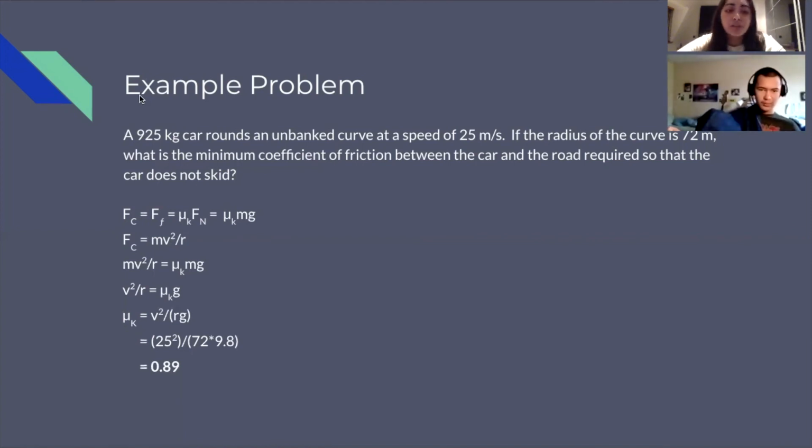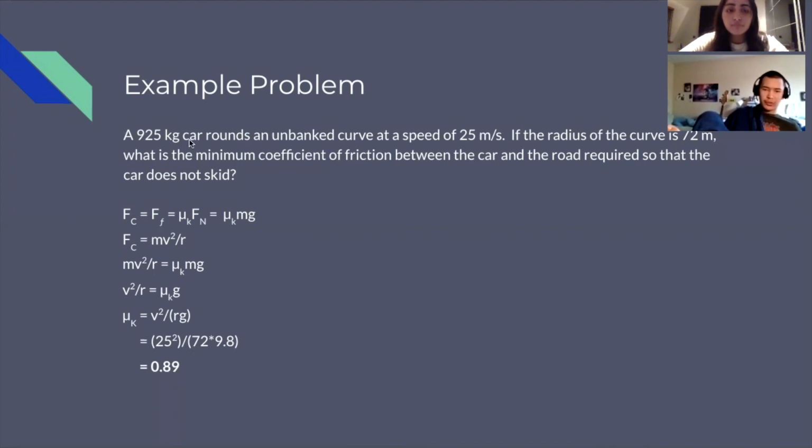Also, just one thing before we move on: a lot of people don't recognize that the coefficient of friction does not have any units. It's just a number that represents how much resistance an object can have from the motion of another object. So just remember that when you're solving these problems. The way you can think about that is, if you look at the kinetic friction formula, friction is a force, and we already have a normal force, so it's something times the normal force. If that something, the coefficient of friction, had units, that would mess up our units in the end